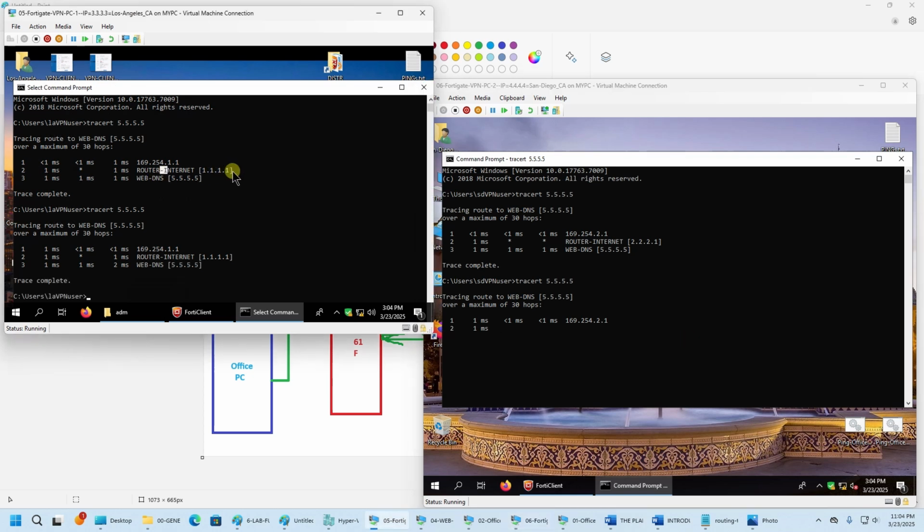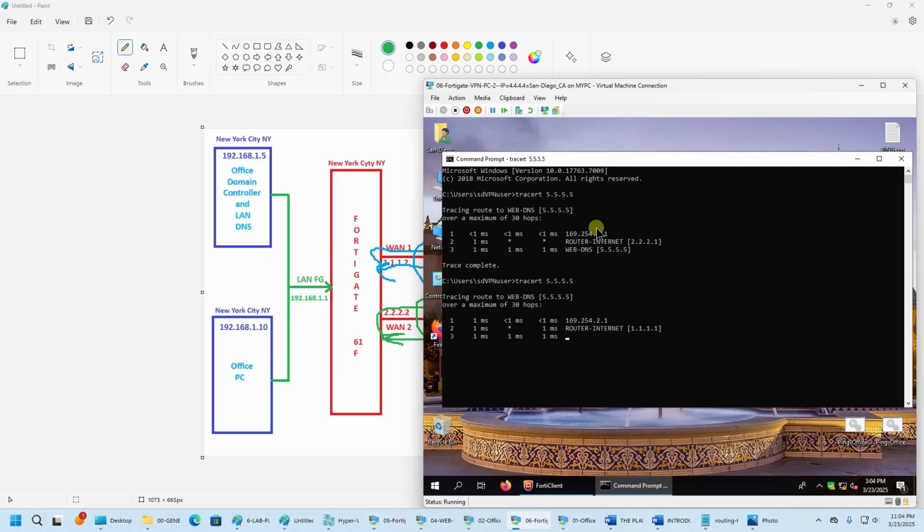This is the same, not changed. But this changed. It means